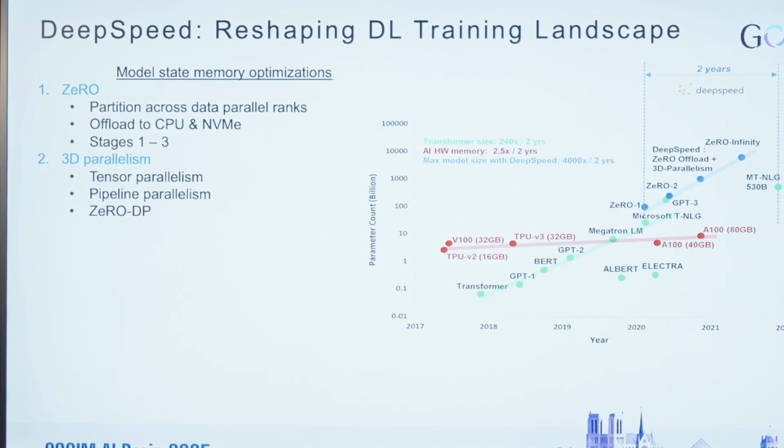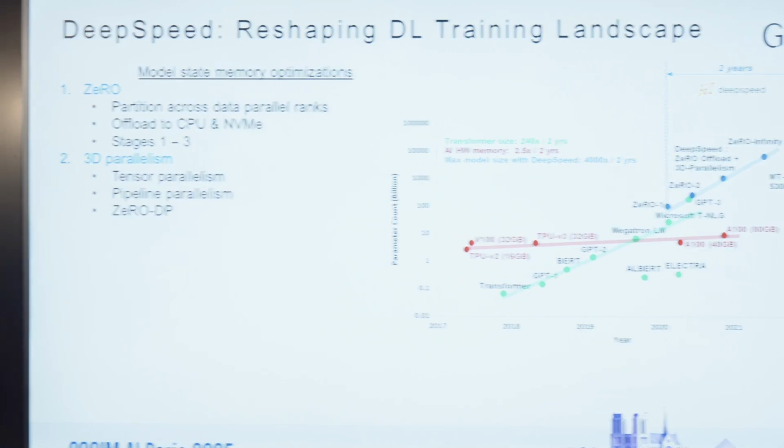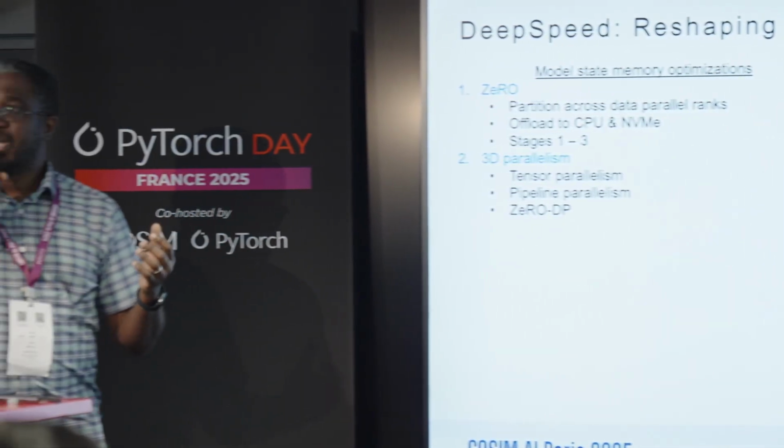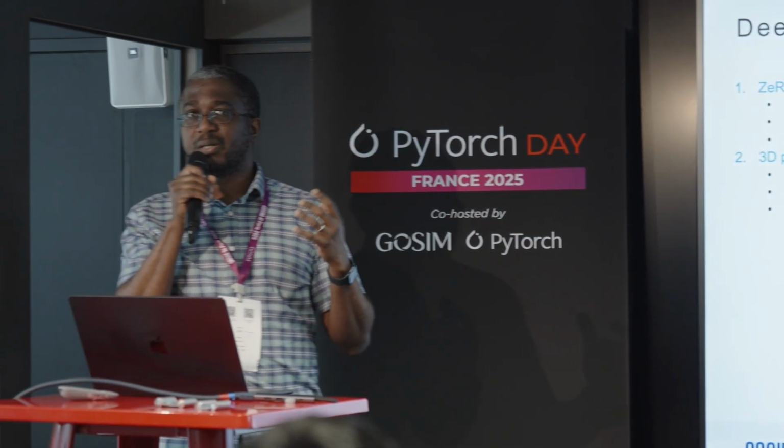And we did that using two key solutions that I would just summarize here. The first one is ZeRO. ZeRO is an optimization that we designed for the data parallel training paradigm, where traditionally data parallelism has the model states replicated on all the ranks. With ZeRO, we came up with the idea of, instead of replicating, why don't we partition and deduplicate across. And so that helps us reduce the memory footprint per GPU